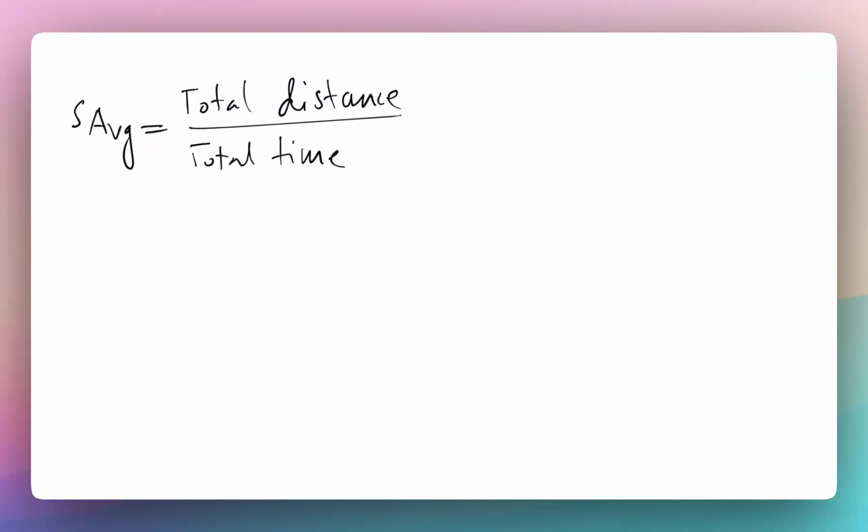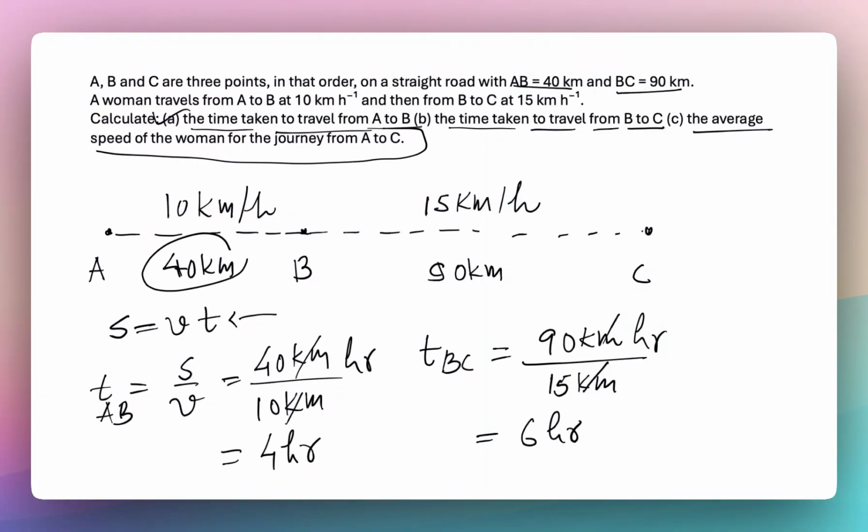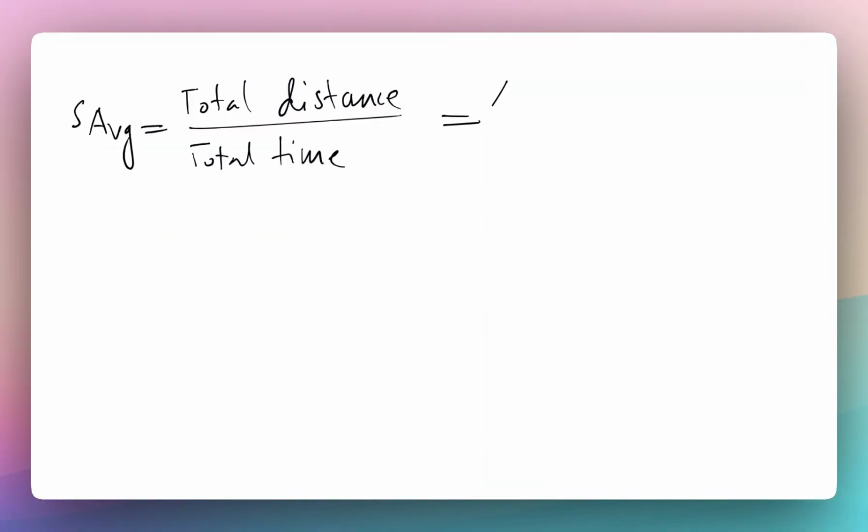So the average speed is going to be total distance traveled divided by total time. We do not care what happens in between. So here the total distance, as you will see, is 40 plus 90. That's going to be 40 plus 90